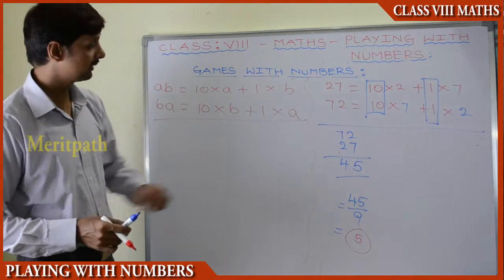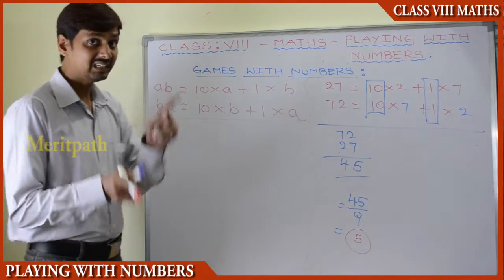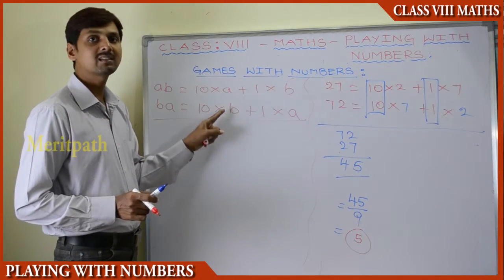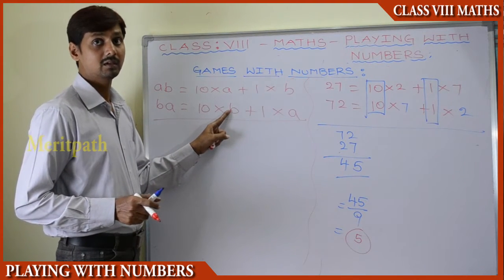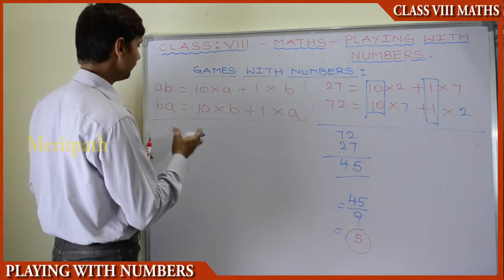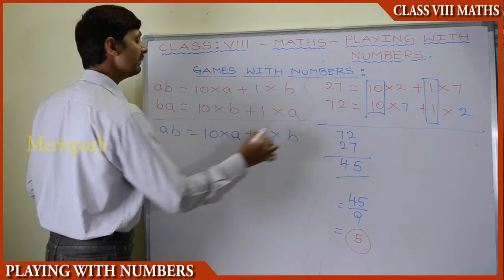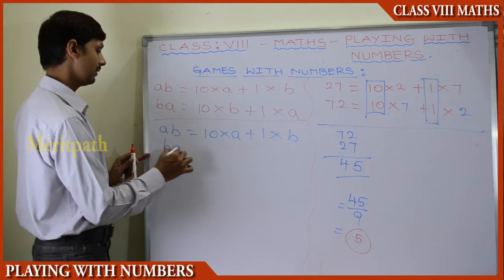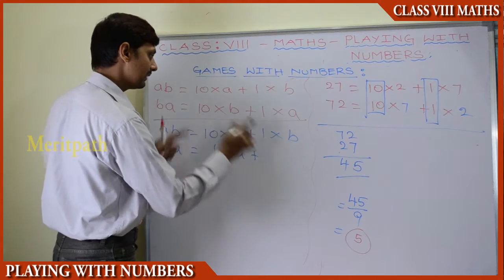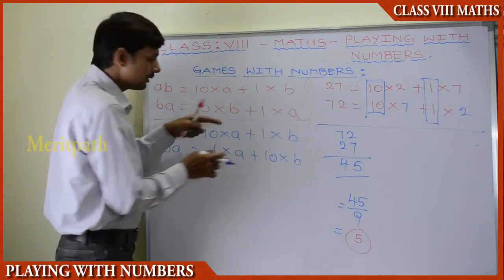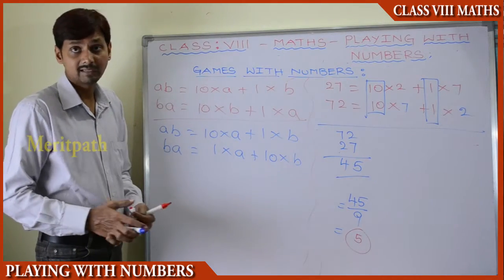So here we need to subtract these two numbers. Previously we took the larger number and the smaller number and subtracted them, so we arranged the two numbers. Similarly here, this cannot be subtracted as it is. These are unlike terms, so let's rearrange them. AB is 10A plus 1B, same as we have written, and BA can be written as 1A and 10B. Now after rearranging they became like terms, A with A and B with B, so now we can subtract these two numbers.